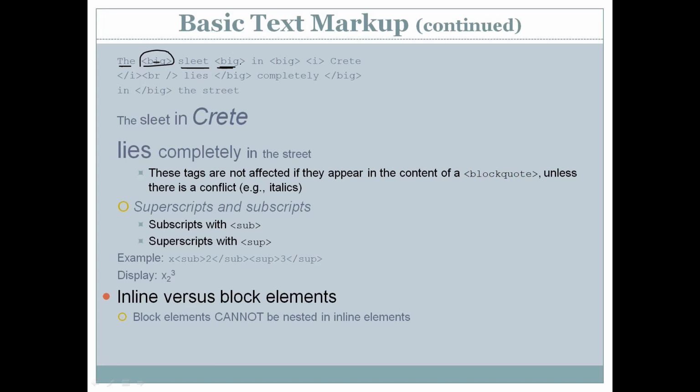Even in case of some other tags, nesting is possible. One tag may appear inside the other tag. So we have big here, and inside this big we have one more big, means three big tags which have been opened, and after that inside all of this we have an I tag, italic tag. In that case, how does this tag behave? Inside big we have slit. So slit has been displayed in a font size larger than the regular font size.